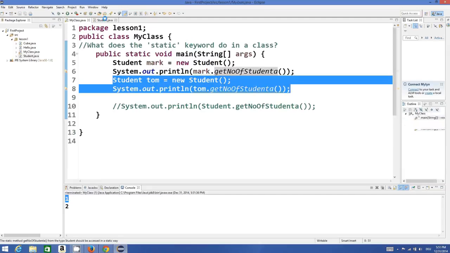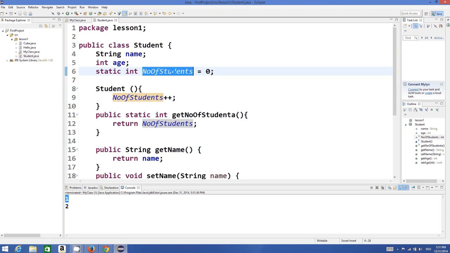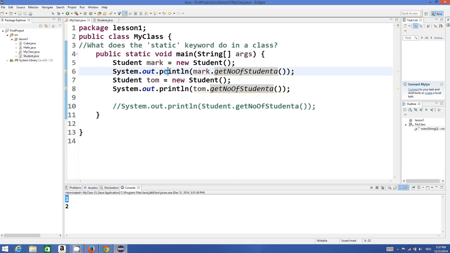So this member variable, which was static, was shared by both the instances, and also this can be called by the class itself, right? So this is the very basic and important property of a static member, that it can be shared by the instances also, and you can call it using your class itself. So I hope you have understood now the basic